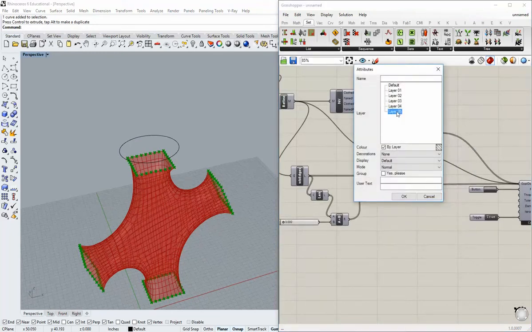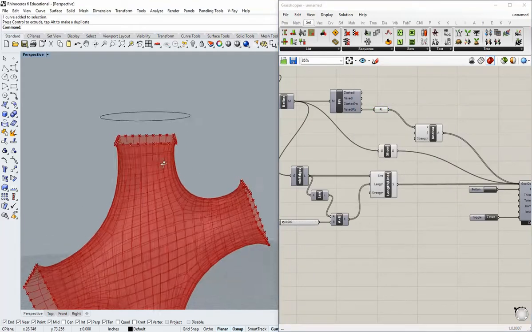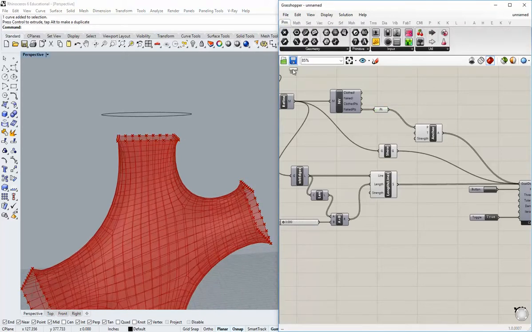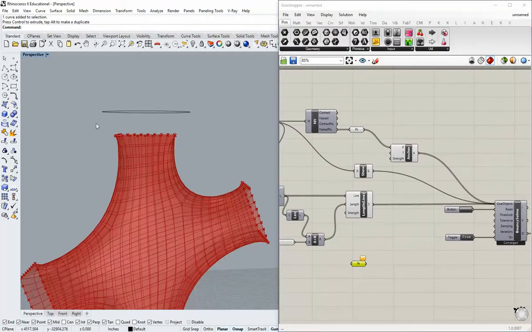And this is just a faster way of doing the next thing that I'd like to do. I can also find these points in Grasshopper, but for the sake of time, I'm just going to do it this way. Bake them in, and then we can bring back the ones we want. And the ones we want are just the top ones. So I'm just going to select those top ones there,